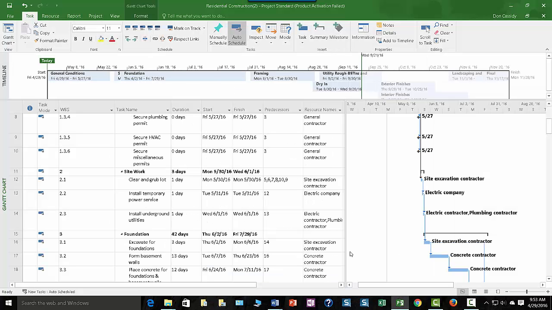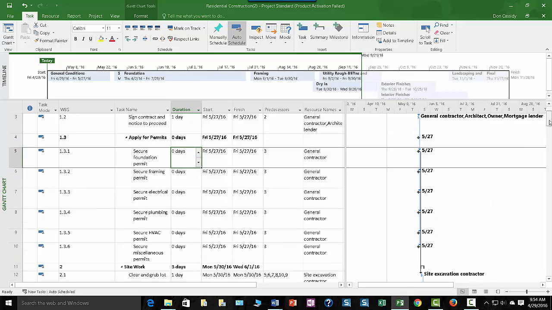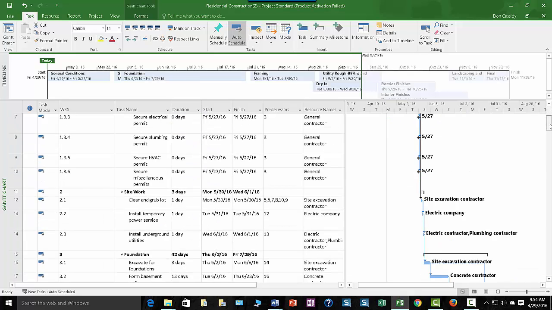Okay, we're in Project, and the book talks a lot about this too. This baseline schedule, and let me tell you if you have a problem with this. Some of you folks put this together wrong, and you're really not going to generate a baseline schedule. If you